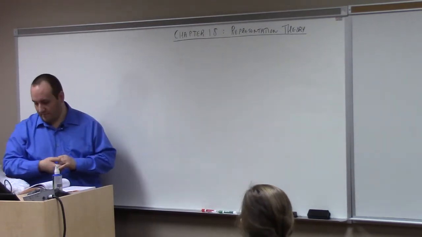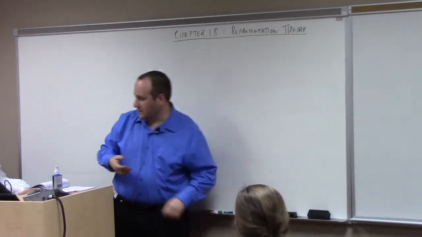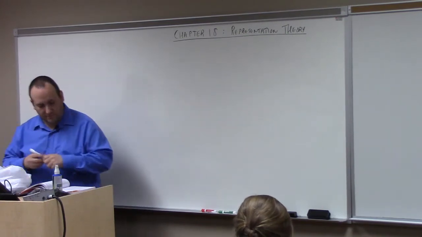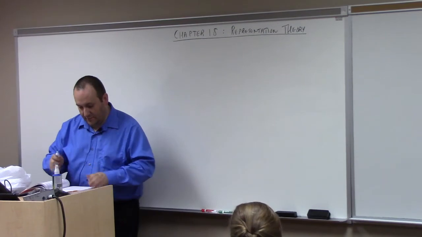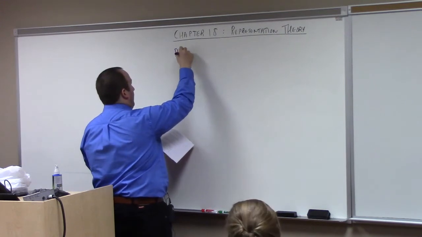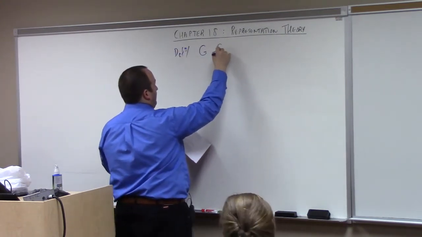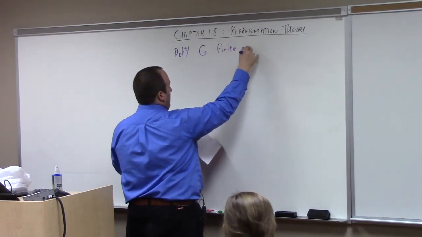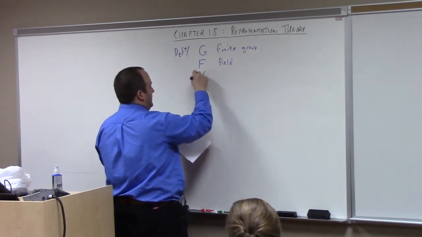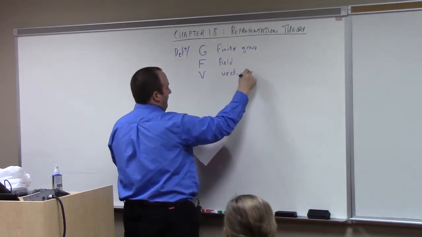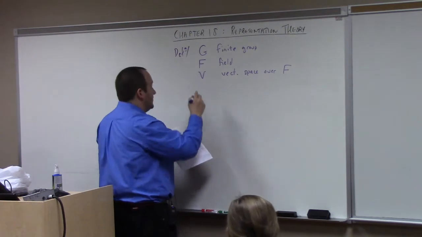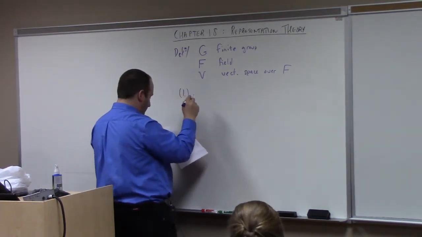group representations. So let me just define for you, to get us started, what exactly is a group representation. Let G be a finite group, F a field, V a vector space over F. So G, finite group, F, field, and V, a vector space over F. All right. Then 1. A linear representation of G